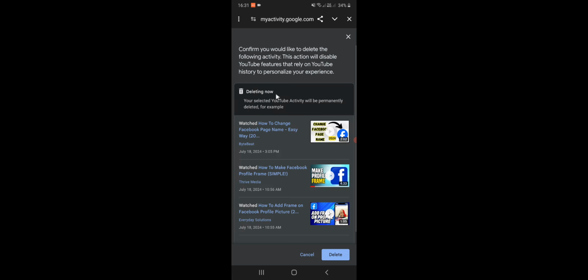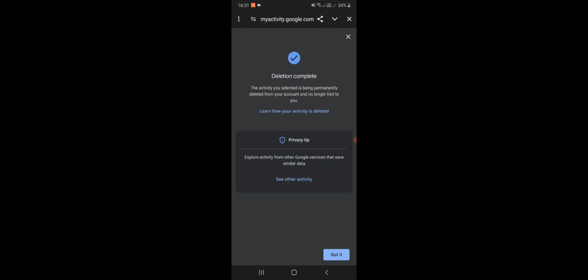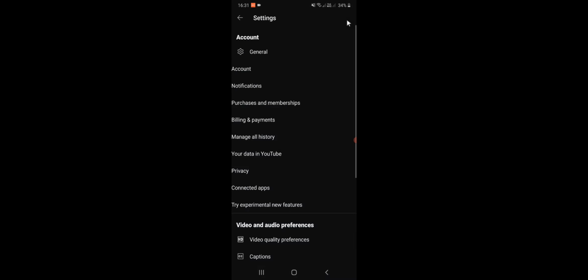Tap on it, and you need to confirm that. It will also show you your search history. Just tap on Delete, it will confirm. Okay, now the deletion is complete. Tap on Got it. If you need to confirm the search history is deleted, you can go to your YouTube account